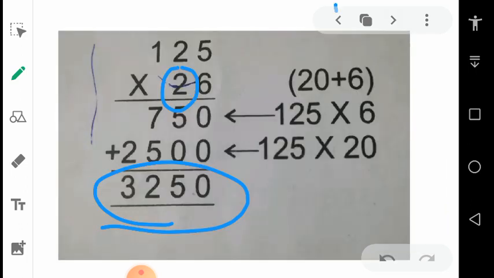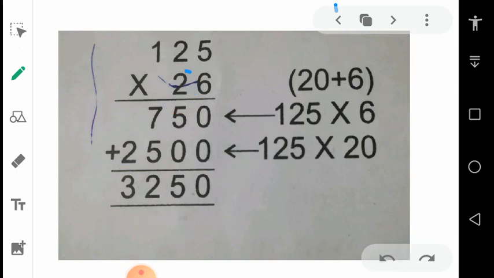Okay, here is basic multiplication, where a 3-digit number is multiplied by a 2-digit number. So digit by digit we multiply, and the number that is written below is 26. From this number, first we will consider 6 and multiply it with 125. Then we will consider the number at the tens position, that is 2, and multiply by 125. Finally we will add the values and obtain the answer.